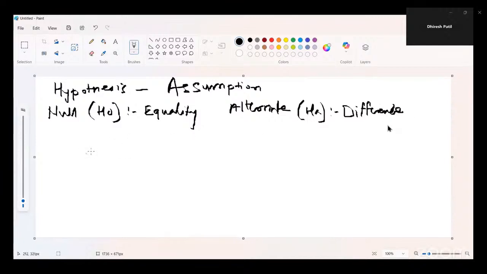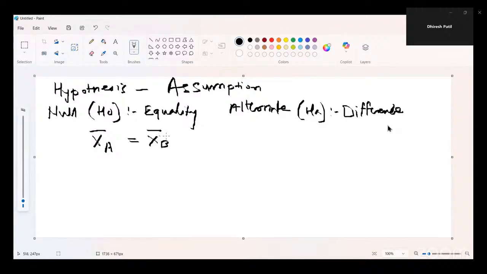So one statement says they both are equal. Let's say vendor A. So average of vendor A delivery time and average of vendor B delivery time. If I collect the data of delivery times and take the average,